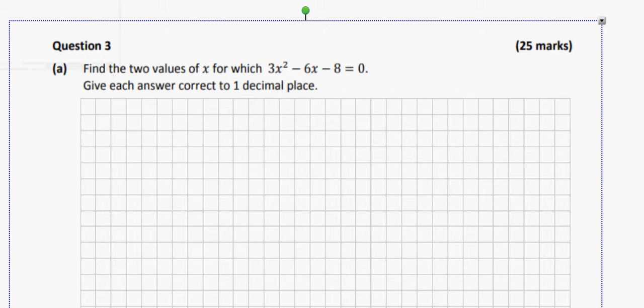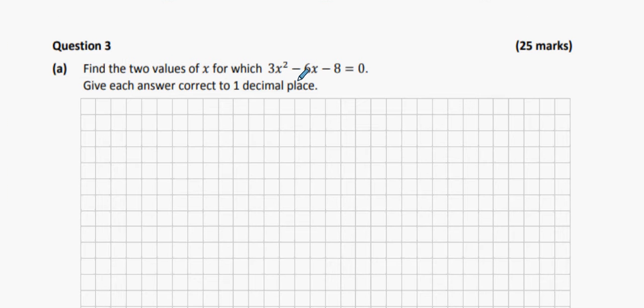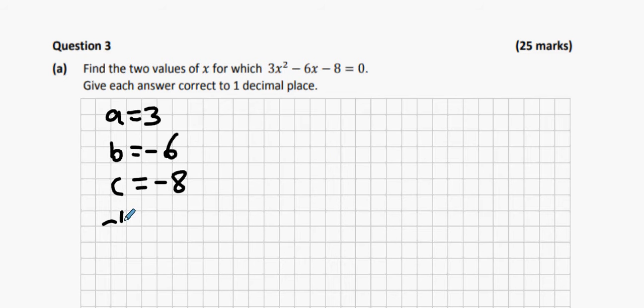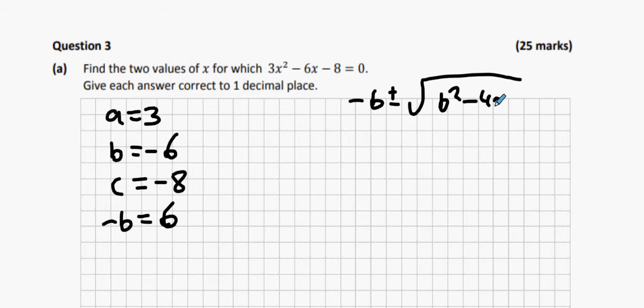Lads, 2017 question 3. Now, this has minus b formula written all over it, doesn't it? It has. Your a value is 3, your b value is minus 6, your c value is minus 8. Your minus b value is plus 6. The minus b formula is minus b plus or minus the square root of b squared minus 4ac all over